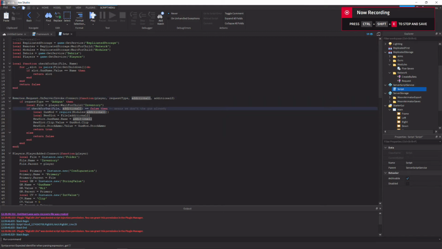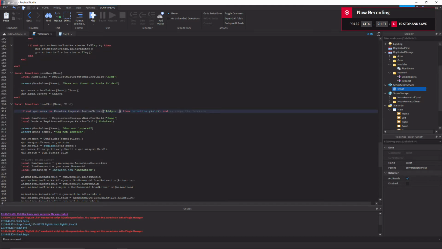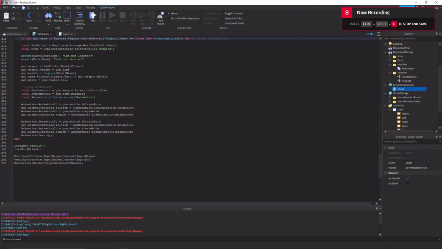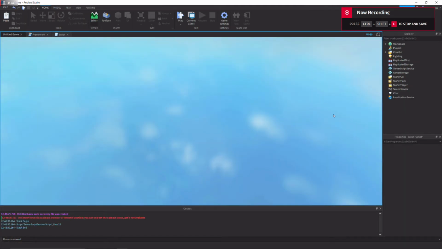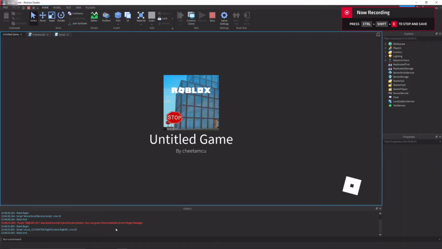Additional 1 is the gun name, and we don't actually need an additional 2, so we just need the gun name. We already have the name loaded up into load gun, as you can see, which is convenient. So if it is equal to false, that means we didn't get the gun in the server, so we're not going to get it on the client. Then coroutine yield ends. So if we hit F5, it should give us the 5.7 on the server,